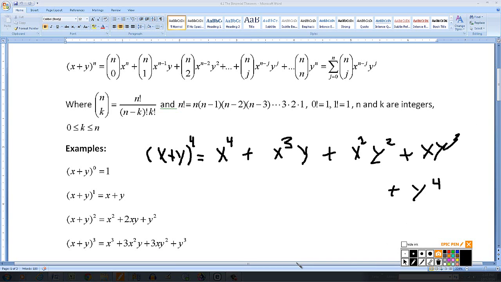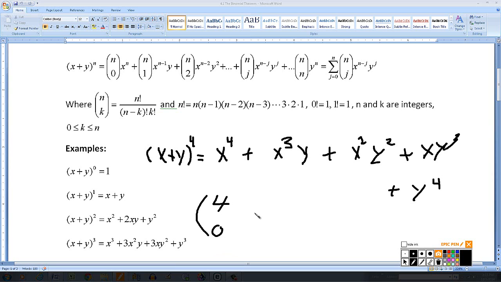All I need now is the coefficients. Okay, so if I apply the binomial expansion, then the coefficient of the x to the fourth term should be 4, select 0. So look at the setup over here on the binomial expansion. Okay, and that's what this formula does actually. Later on, we use this formula to find the number of combinations of n things taken k at a time. It's also used in probability, but this is 4,